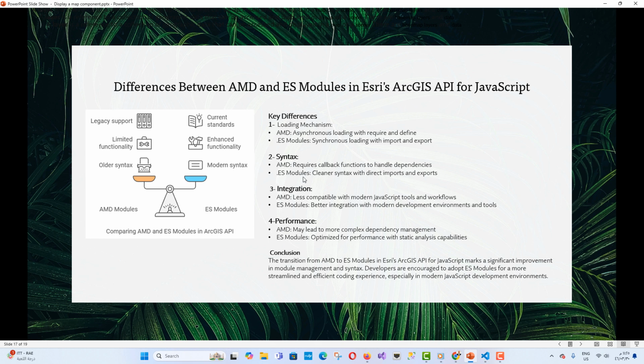Integration: AMD is less compatible with modern JavaScript tools and workflows. ES modules: better integration with modern development environments and tools. Performance: AMD may lead to more complex dependency management. ES modules: optimized for performance with static analysis capabilities. Conclusion: